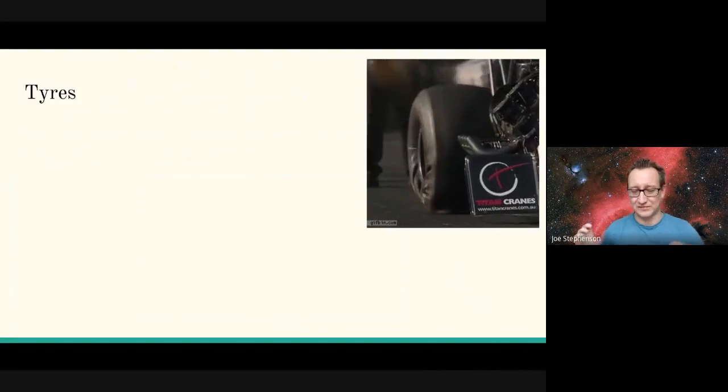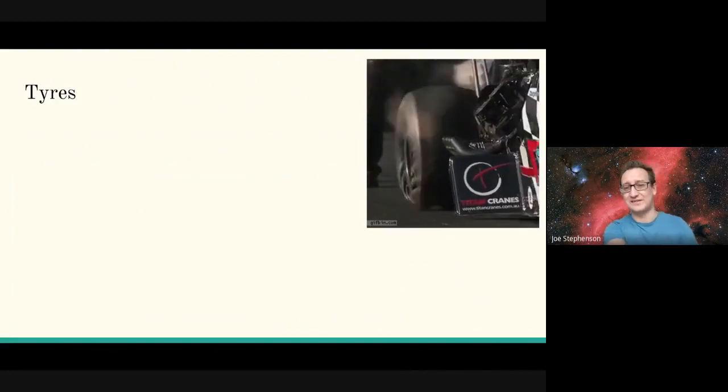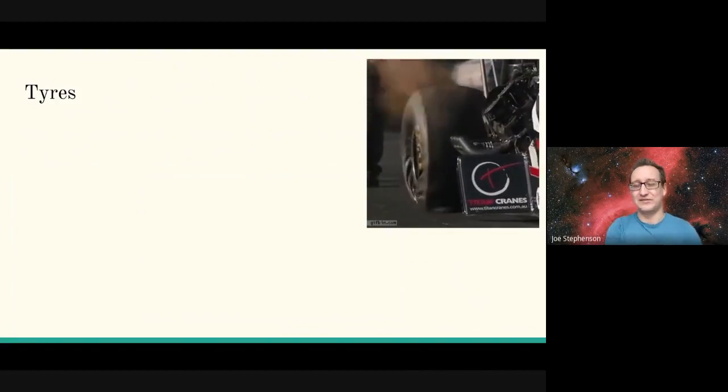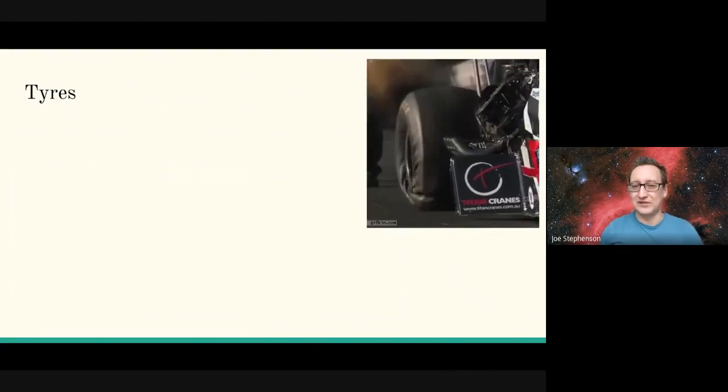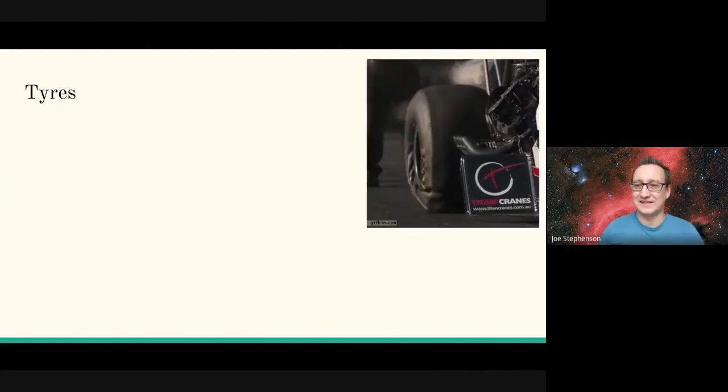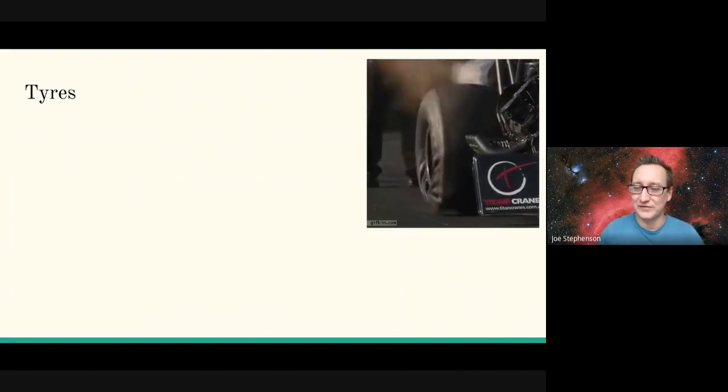So they do drag car racing when they're really powerful cars that just go in a straight line as fast as they can, and then they use a parachute to slow them down. You can Google it or YouTube it if you want. Have a look. Look at the way that this tire, as the car's engine fires,